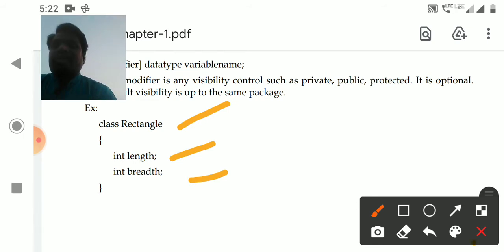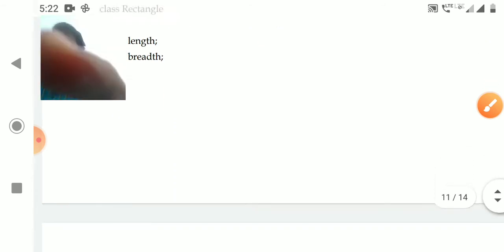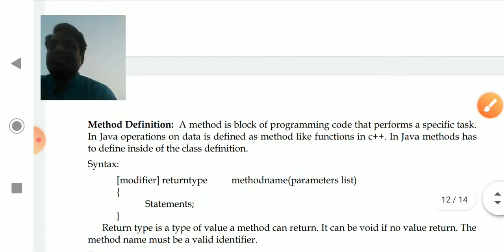Now you will see how to define the methods. Method definition. Generally a method is a block of programming code that performs a specific task. Whenever we declare the variables, we have to define the